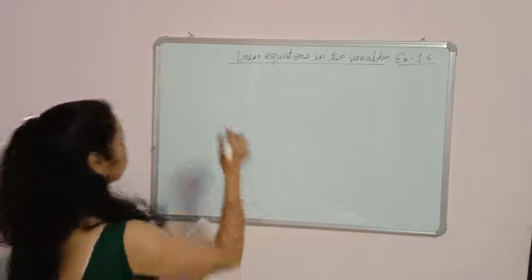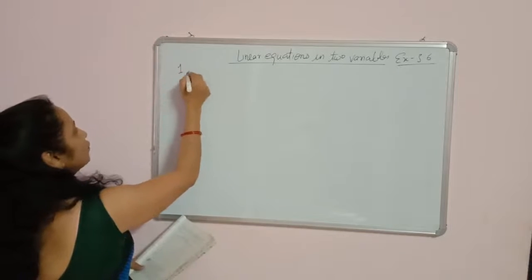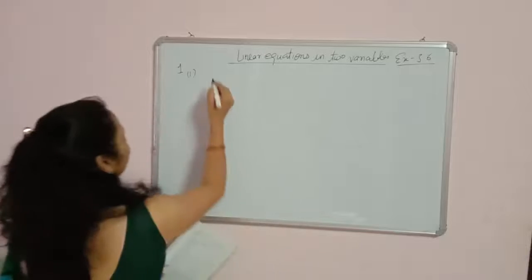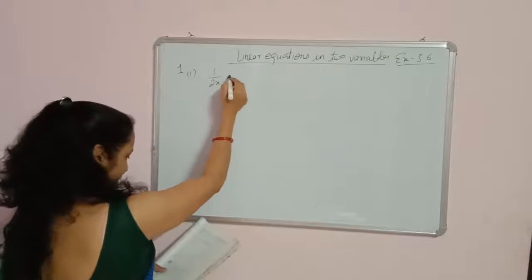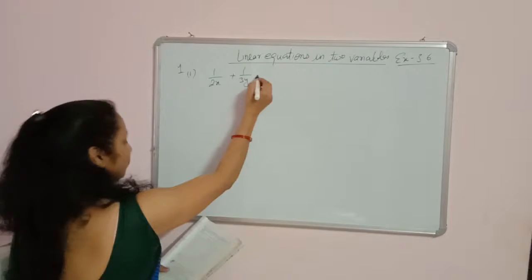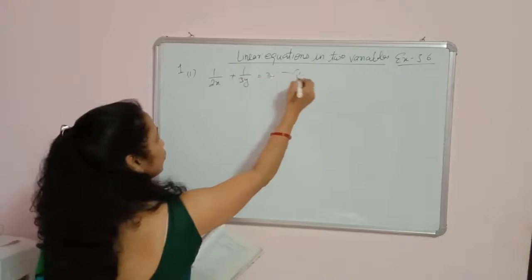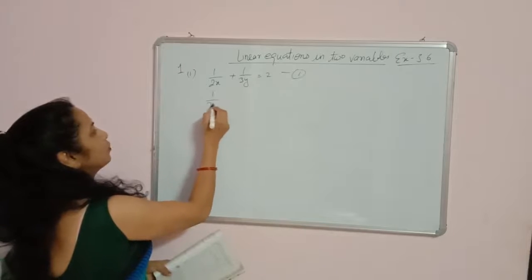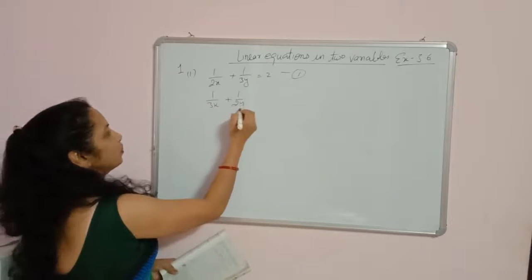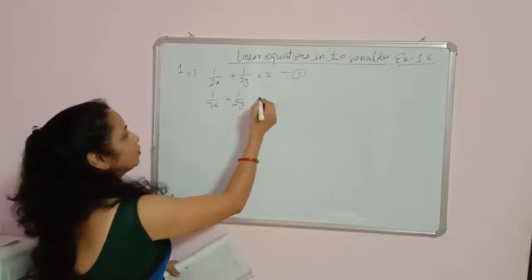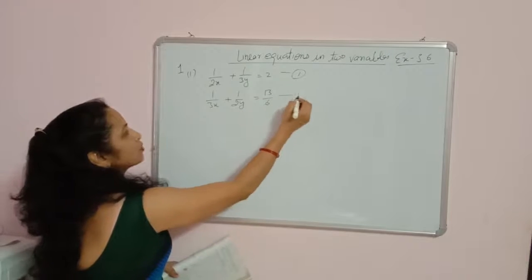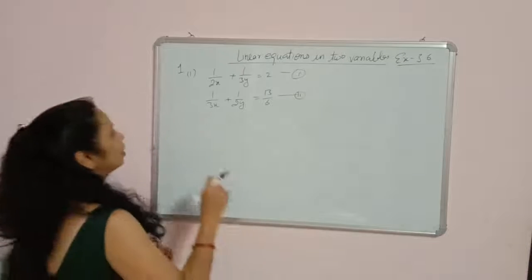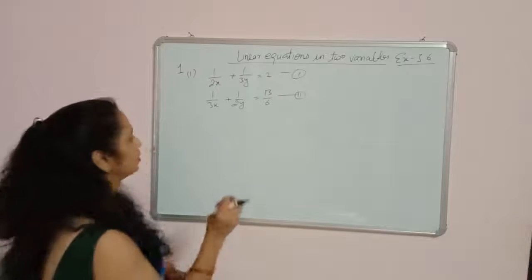Like this is the first question of the first part, the first question of exercise 3.6. The question is 1 upon 2x plus 1 upon 3y is equal to 2. This is the first equation, and the second one is 1 upon 3x plus 1 upon 2y is equal to 13 upon 6. So these are the two equations, and the simple method to solve them is we will reduce these equations